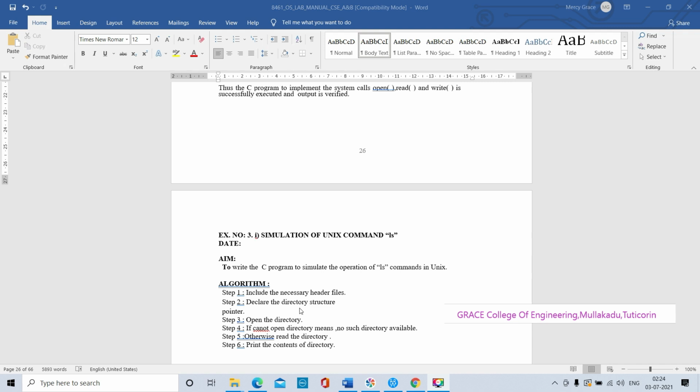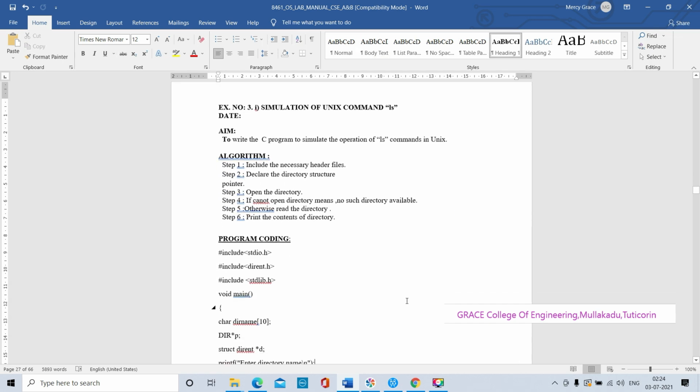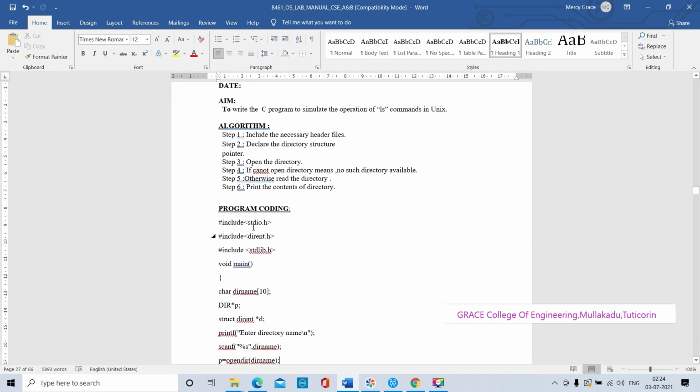So we will write the C program to get the function of ls without using the ls command. We are declaring all the header files: include stdio.h, include dirent.h, include stdlib.h.